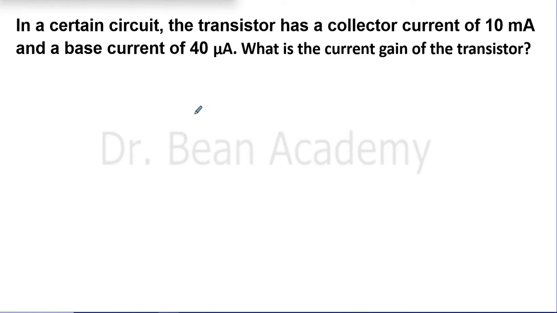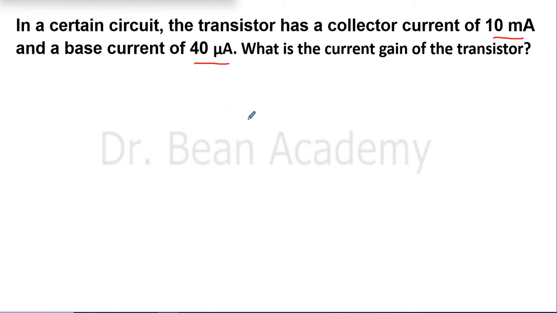Let's solve a question. In a certain circuit, the transistor has a collector current of 10 milliampere and a base current of 40 microampere. What is the current gain of the transistor? First, I should admit that this is not a good question. A question should be